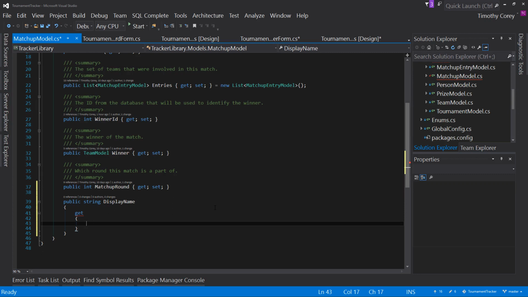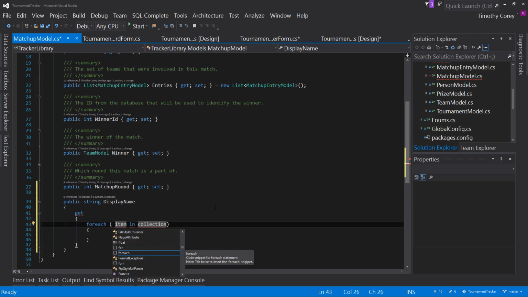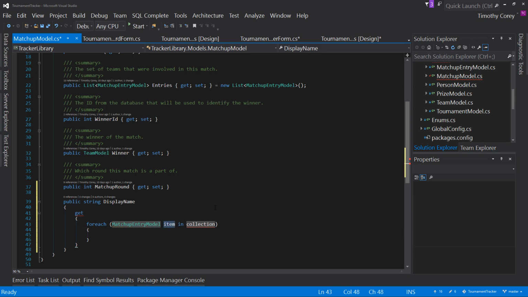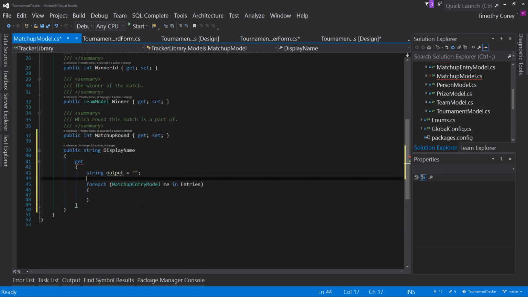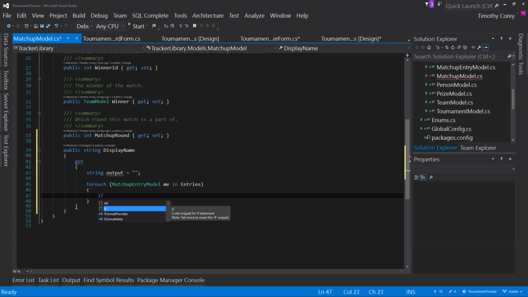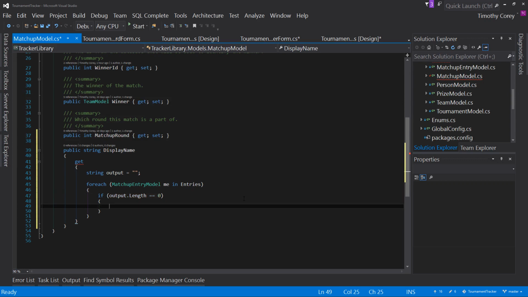So let's do this. For each matchup entry model, ME in entries. And we'll create a string output equals empty string. And then we're going to say for each entry here, if output.length equals 0. So what I'm doing here is checking the